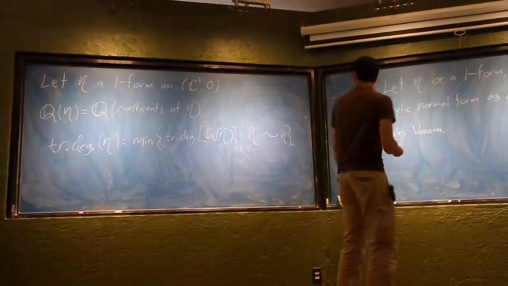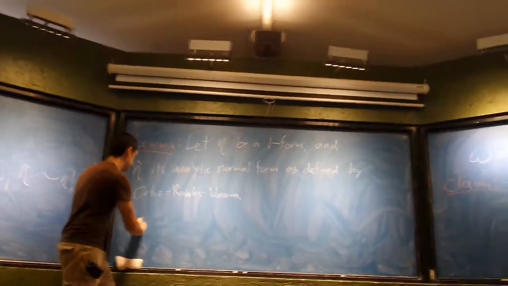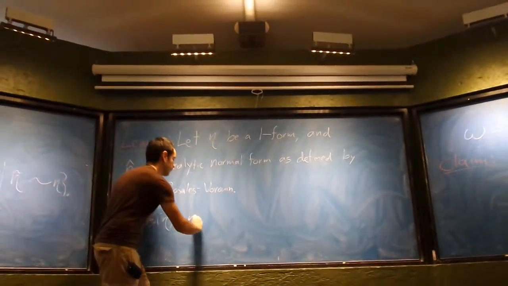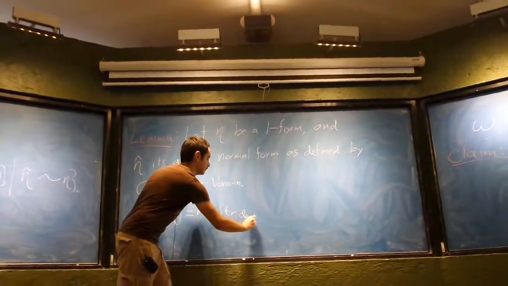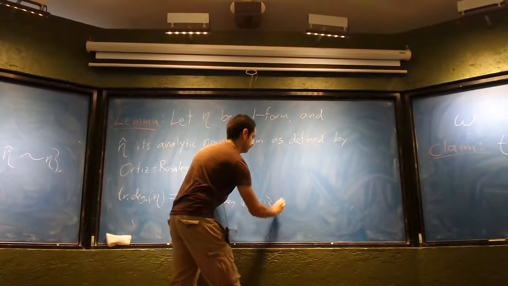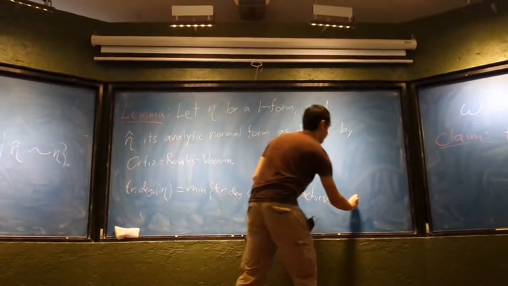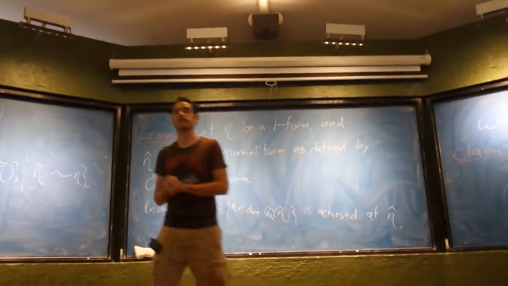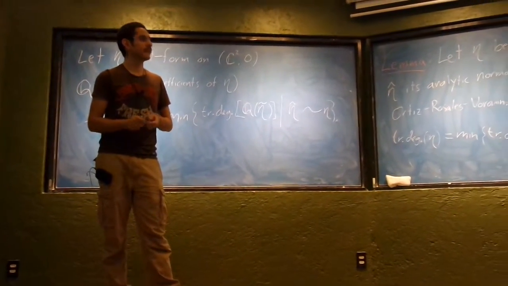So let me say the transcendence degree of eta, which is the minimum of all these transcendence degrees,